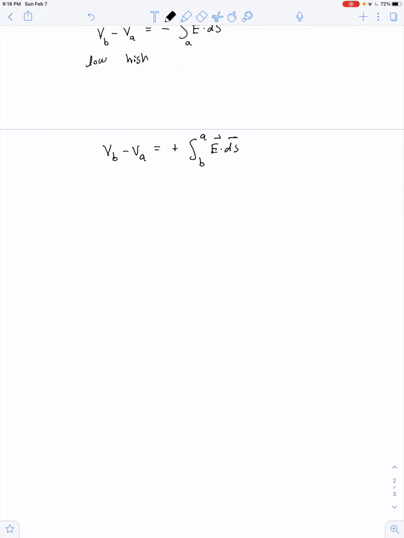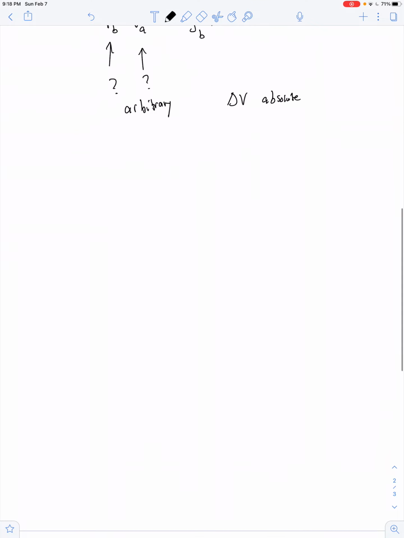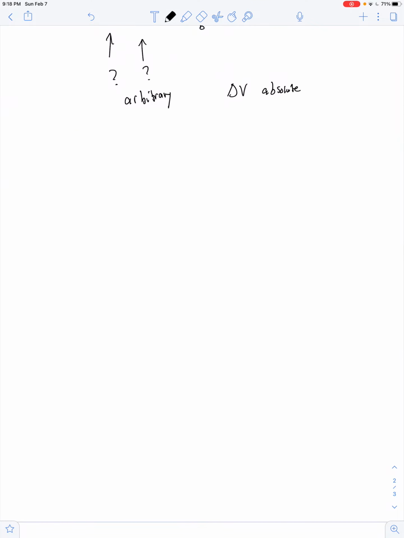Well, here's the thing. It's really hard to say what electric potential is. It's kind of arbitrary. But change in V is absolute. What do I mean by this? Well, this idea always reminds me